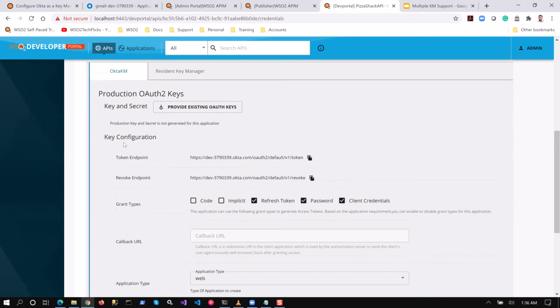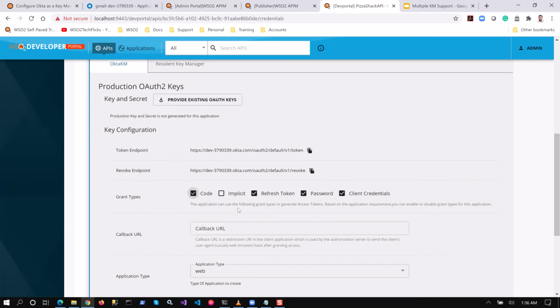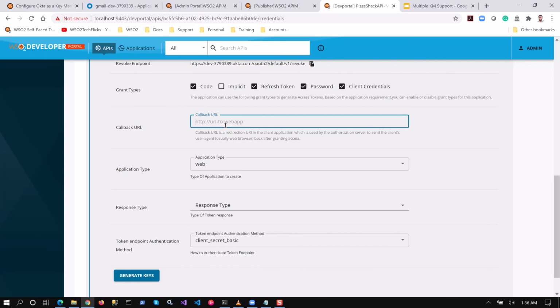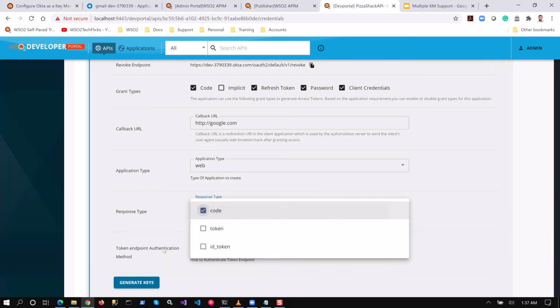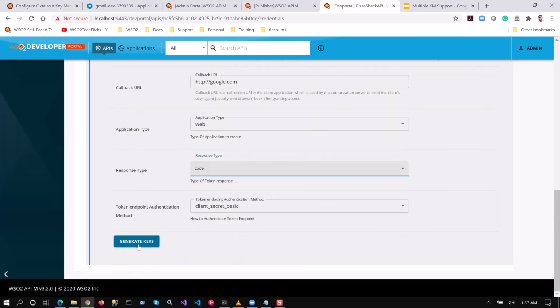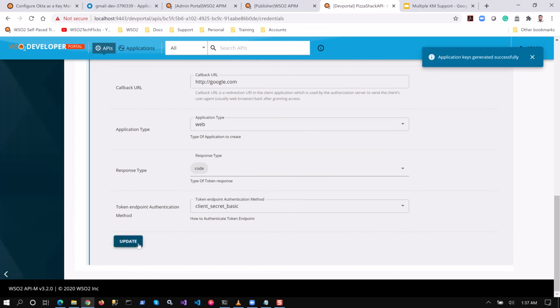and you can specify a callback URL and let's type as code, generate keys, right? So key generated successfully.